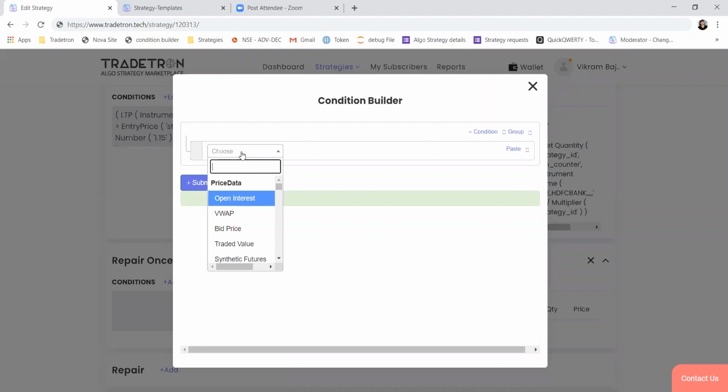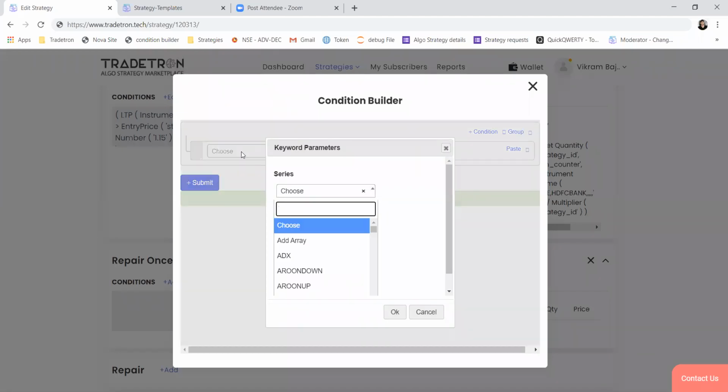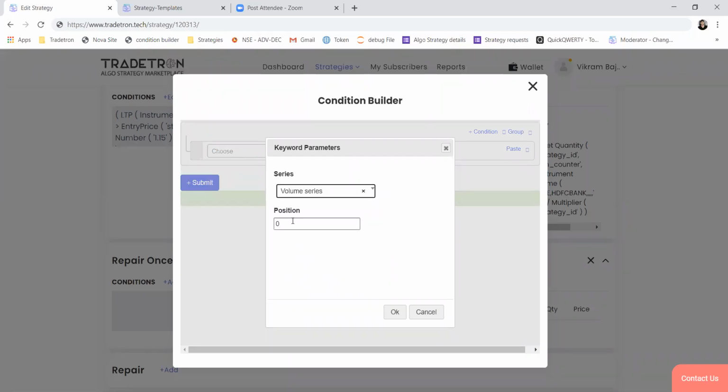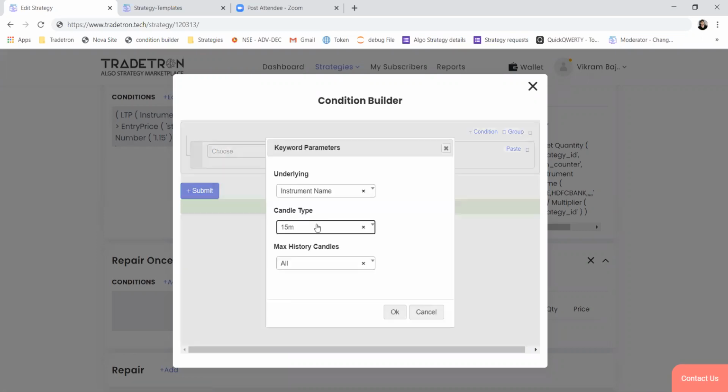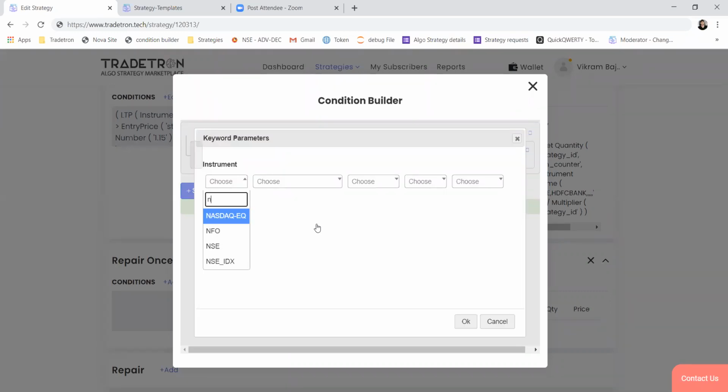To get SMA of volume, you have to start with the position keyword, and then select the keyword called volume series. Position will be -1, or if you want to select the current candle, then it will be 0. So let's keep it on close of a candle. Anything, let's keep it HDFC only.